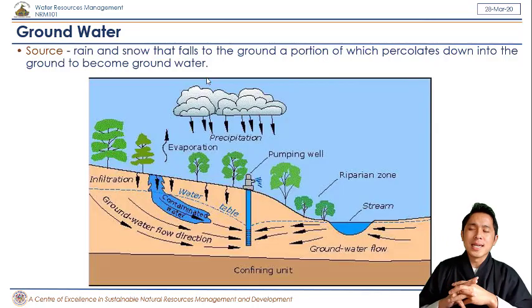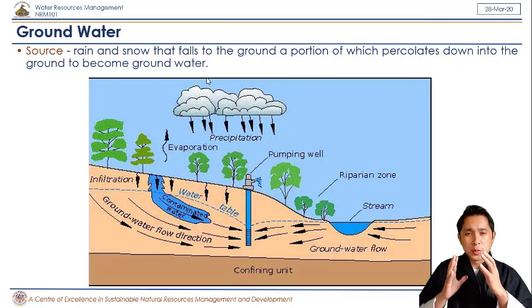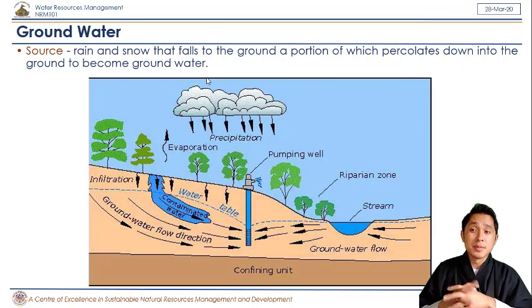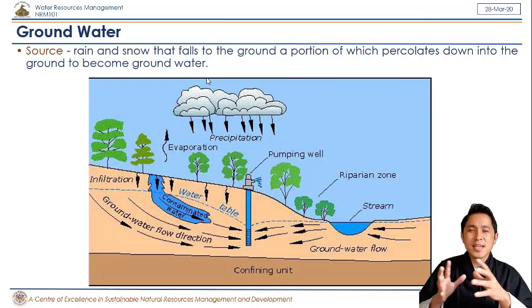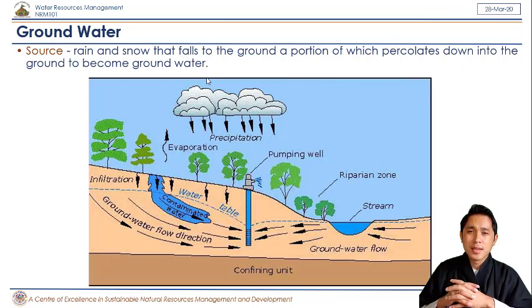The main source of groundwater is precipitation, like rain and snow, and the surface water which actually percolates down to the ground and ultimately becomes groundwater. And we can use groundwater for drinking purpose. We can use it as holy water, because most of the groundwater, if you have seen around the country as well as around the regional countries, you would see that groundwater is actually being worshipped by people around. And that's because